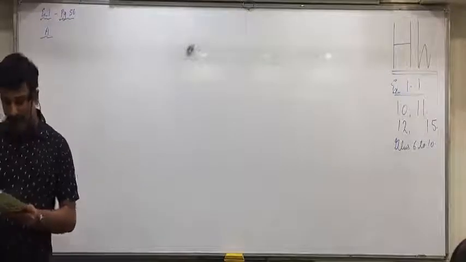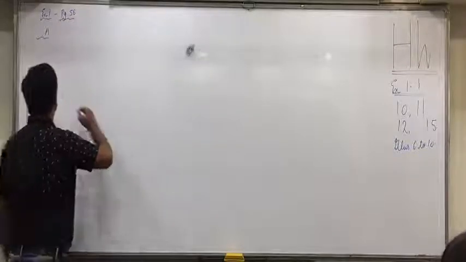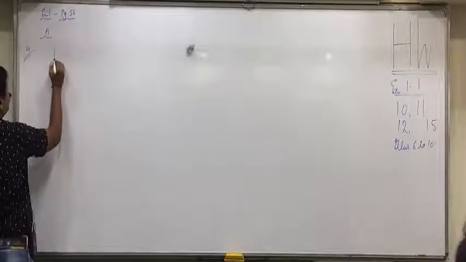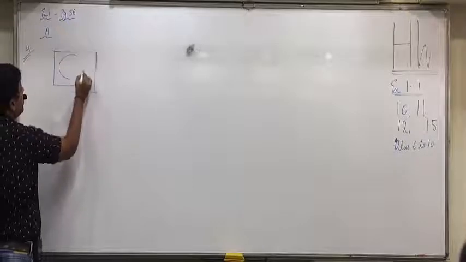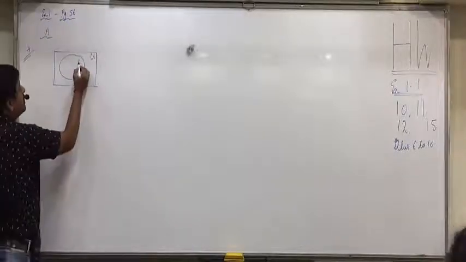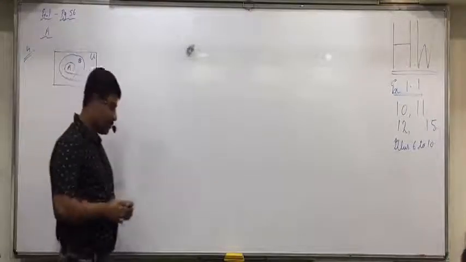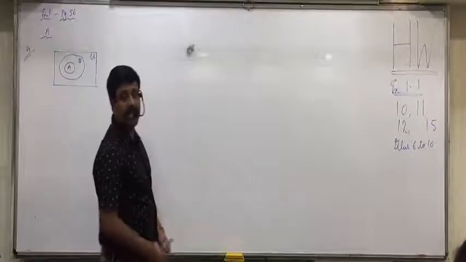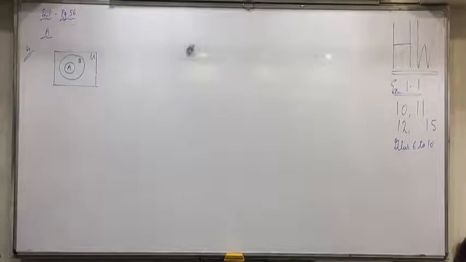Fourth one. Which of the following options is not true for any two events A and B in the sample space where A is a subset of B? In the textbook itself, if you have a subset in the MCQ, you make this diagram. See, A is a subset of B means this is B and this is A. Do you find A is a subset of B or not? A is a part of B or not?